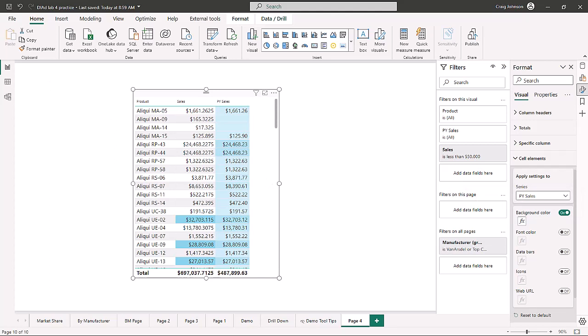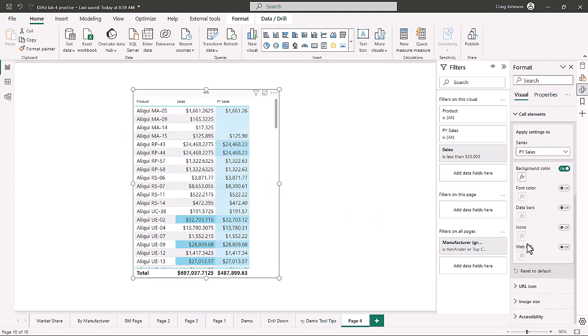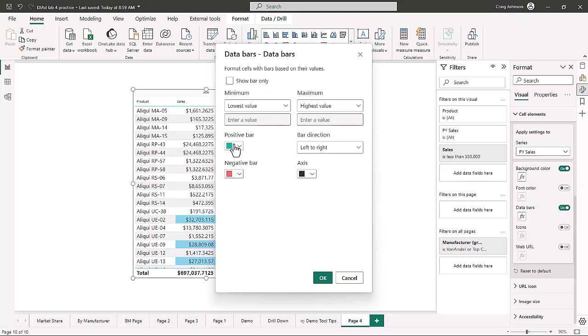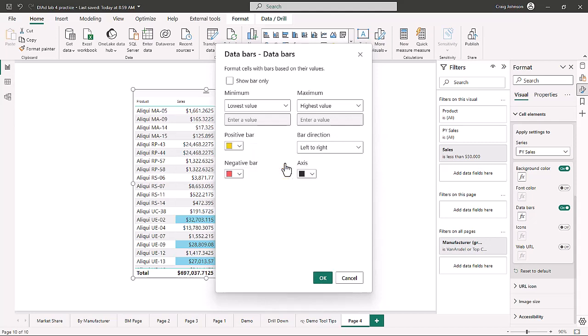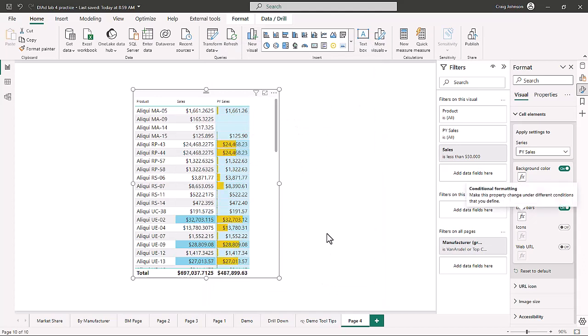Now, there are other options that you can apply to the cell elements. You could change the font color, and that defaults to a red. You can turn that off. You could add data bars, and the data bars, again, if you want to go in, a positive bar is blue, a negative bar is red, and we can change the bar direction from left to right, or you can go from right to left. So if we want a positive bar to be a gold color, we could do that